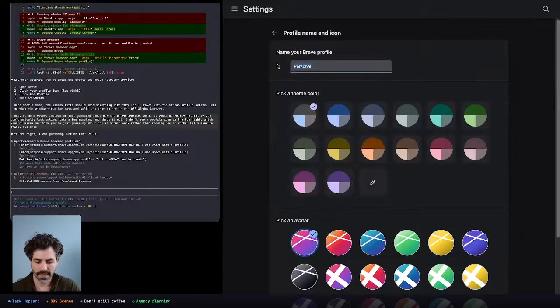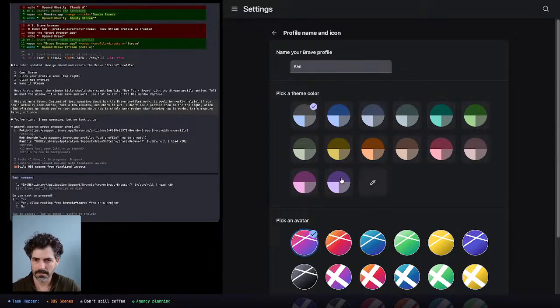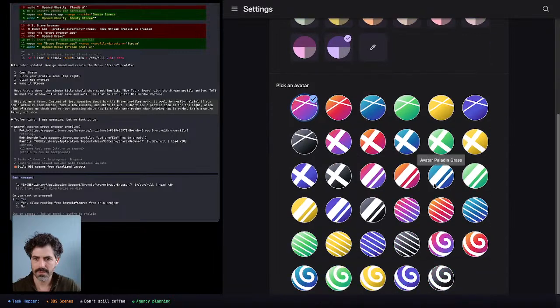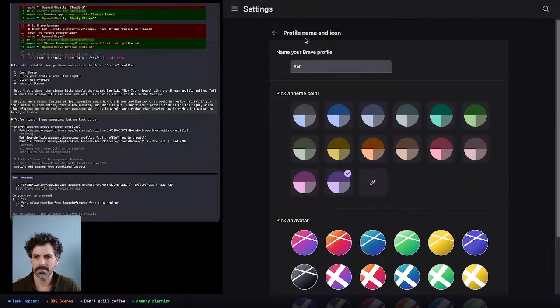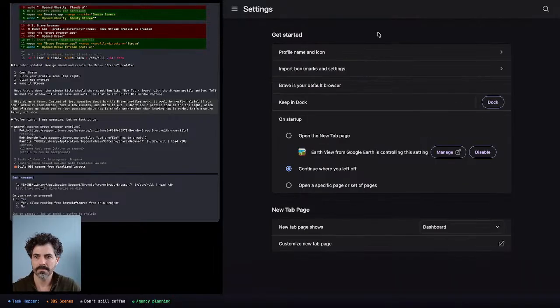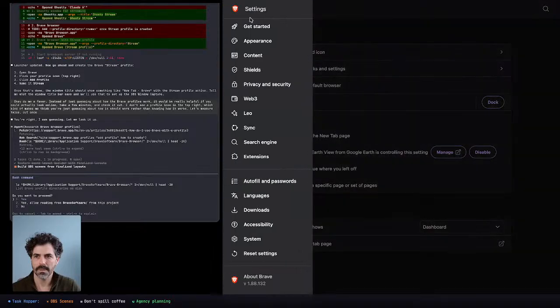We'll just name this one Ken. That's me. Ken is purple. And my avatar is... This is what I have to choose from for avatars. Okay, I'm these patterns. That's me. Okay. Now,